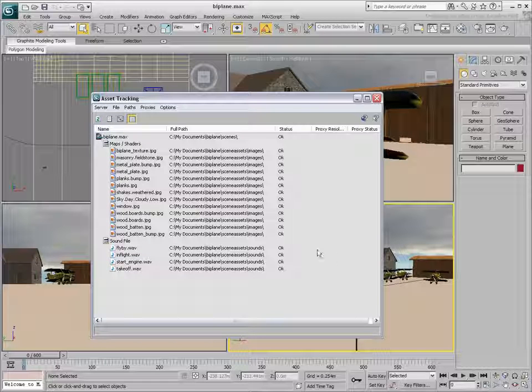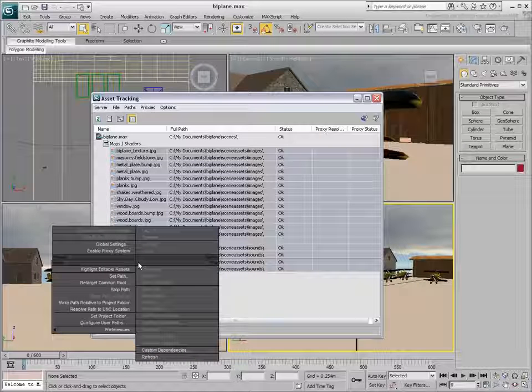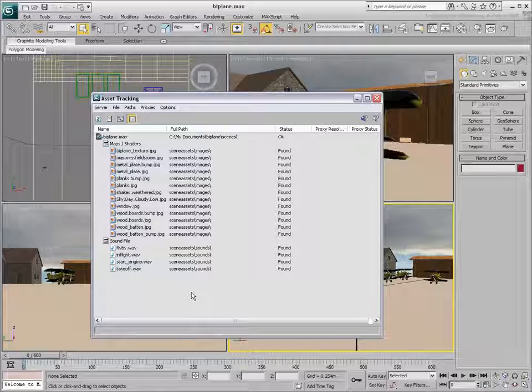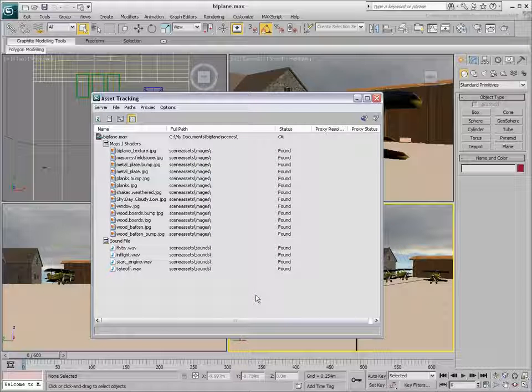In asset tracking, use the refresh button to ensure all assets are displayed. Select all the assets and then with the right click choose the Make Path Relative to Project Folder option. This strips the path to the subfolder structure. Since the subfolder structure is the same for all projects, you are bypassing the top level that is potentially unique